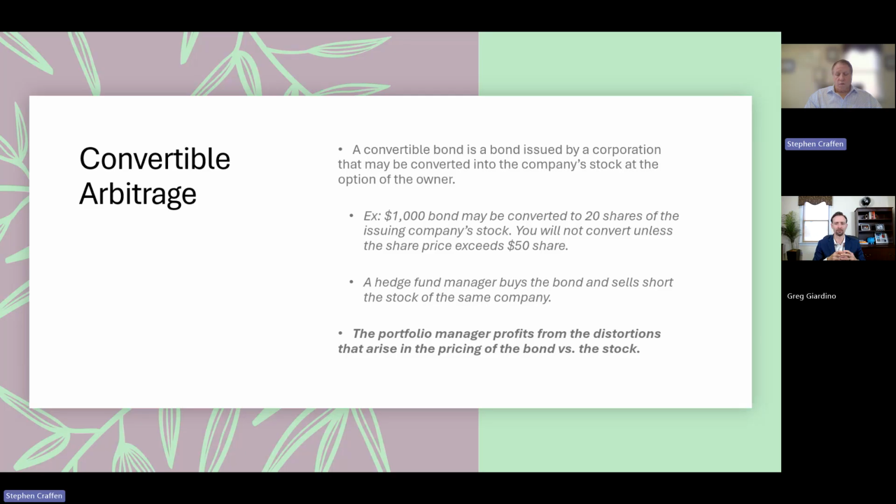Yeah. And with convertible arbitrage, what they do is they'll buy the convertible bond and sell the stock, hoping to take advantage of a mispricing between the convertible bond and the underlying stock. And you know, they can make small gains here. It's not a real aggressive strategy in terms of return. I think they're looking at maybe a 5 to 6% return potential in the long run for this type of approach or strategy.